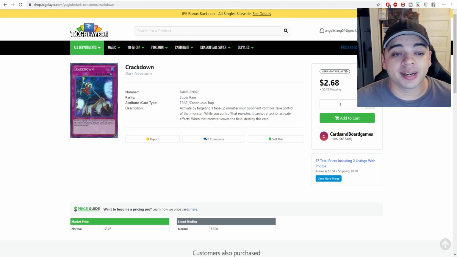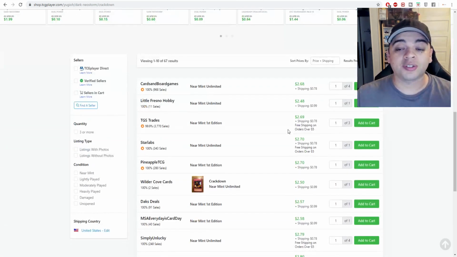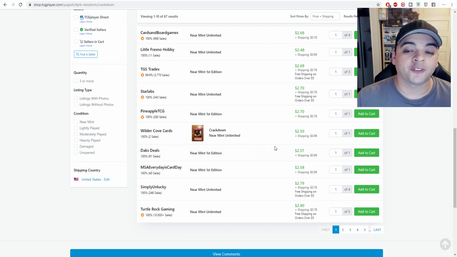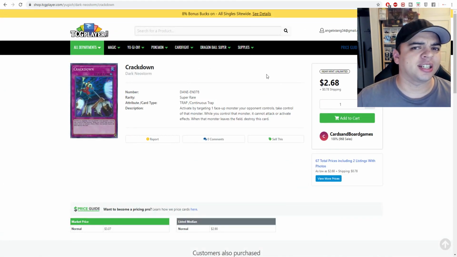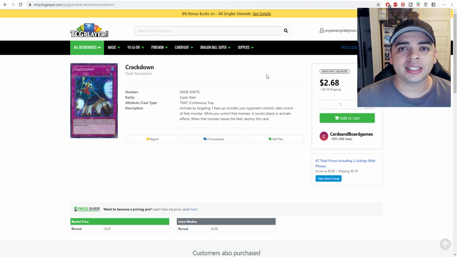Then we have Crackdown coming out of Dark Neostorm, obviously being around $3 on market price. And that's where we're seeing the price point. $3, actually almost $4 when you get near mint first edition versions of Crackdown. This card's seeing play obviously in Altergeist and in True Draco. And if you don't have one of these, you're going to want to grab these fast because